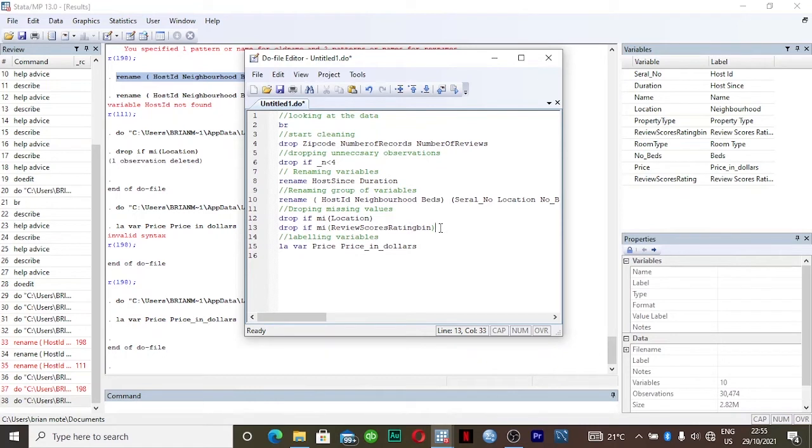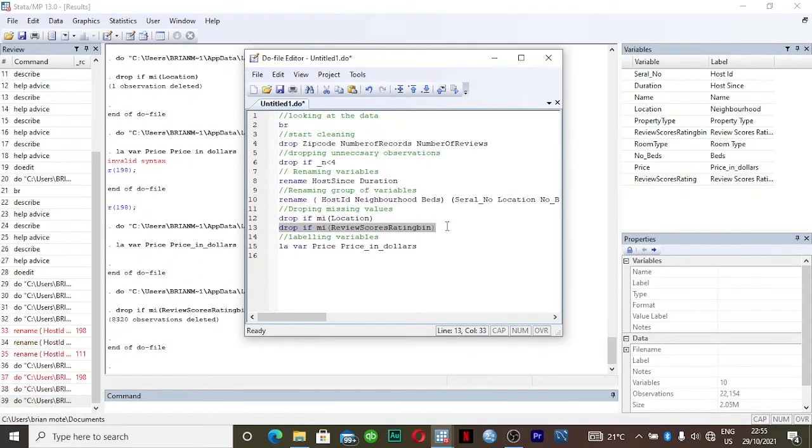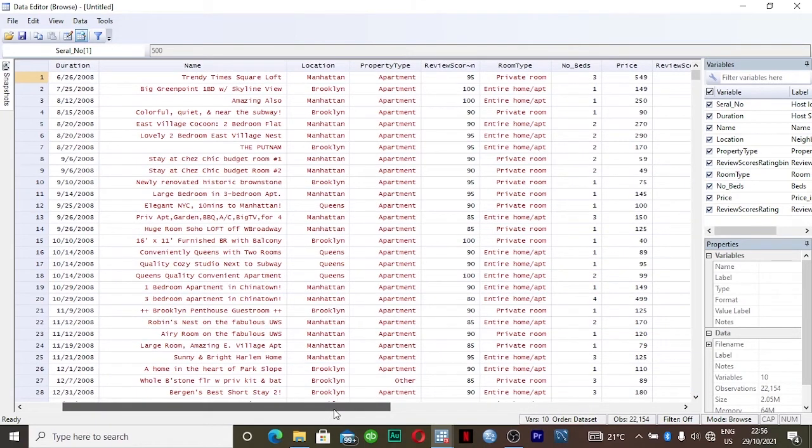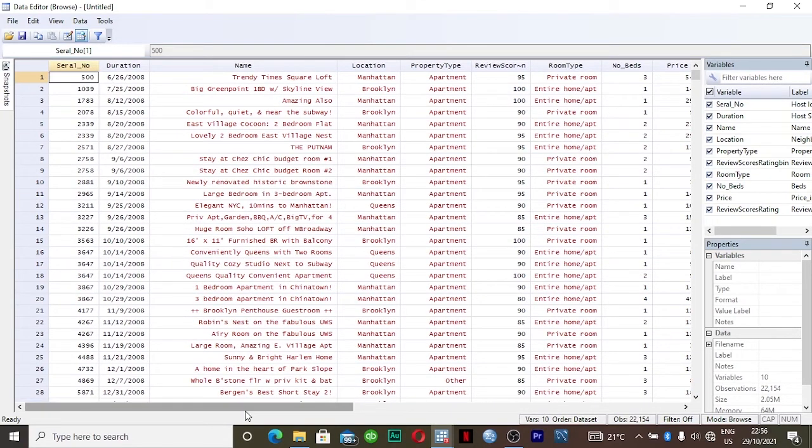So any value that is missing in the review scores rating bin will be dropped. Right, Control D. As you can see, 8320 observations deleted. If we go back to our browsing window and see our data right now, it looks more complete, no missing values. It looks awesome.